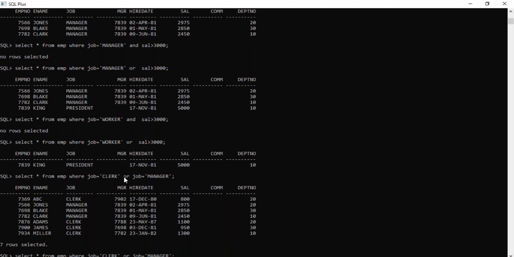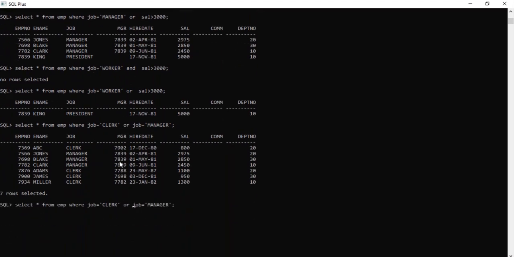Based on the requirement you need to understand what requirement they are asking. Now I want to display the data from the table related to clerk, manager and salesman. Job is equal to salesman. Okay, now see here, three employees I have, clerk, manager and salesman.